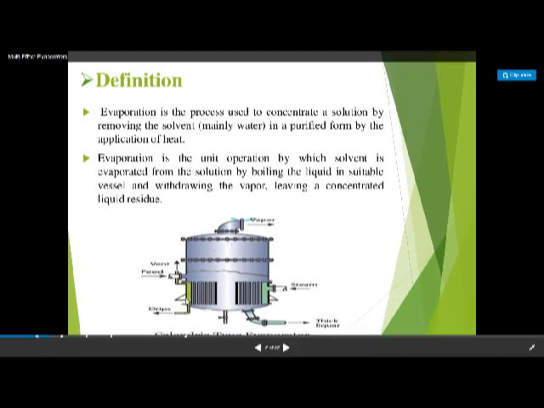As we have seen in the previous video, the short tube evaporator consists of the calandria, where the short tubes are there. There are generally four valves. The feed valve, the steam valve, the condensate valve, and the vent valve. The vent valve is used to remove all the residual air. The feed valve is for the introduction of the feed, the steam valve is for the introduction of the steam, and the condensate valve is for the removal of the condensate. And here is an outlet for the thick liquor. Now this is a short tube evaporator, single effect.